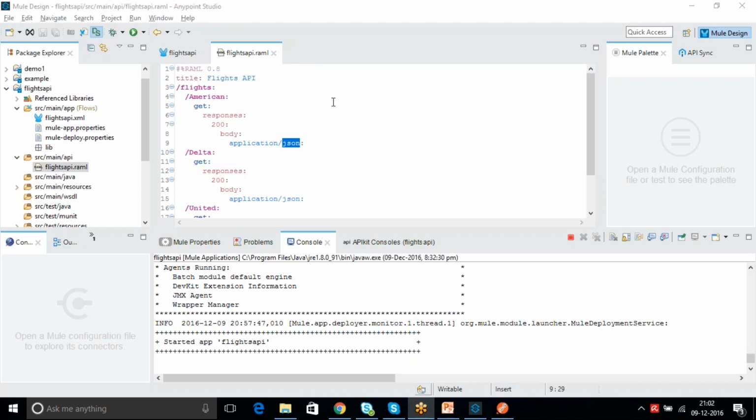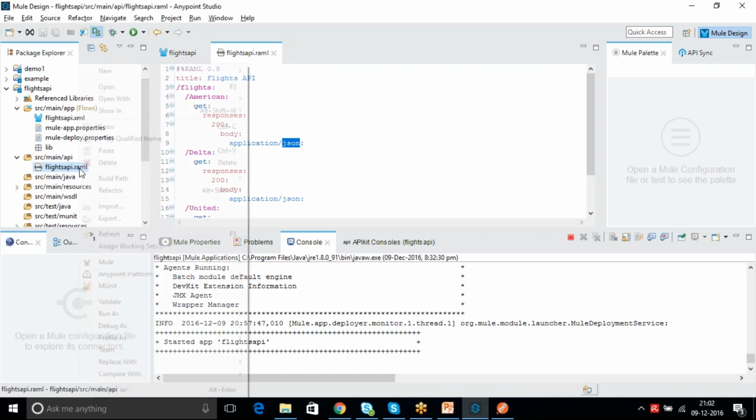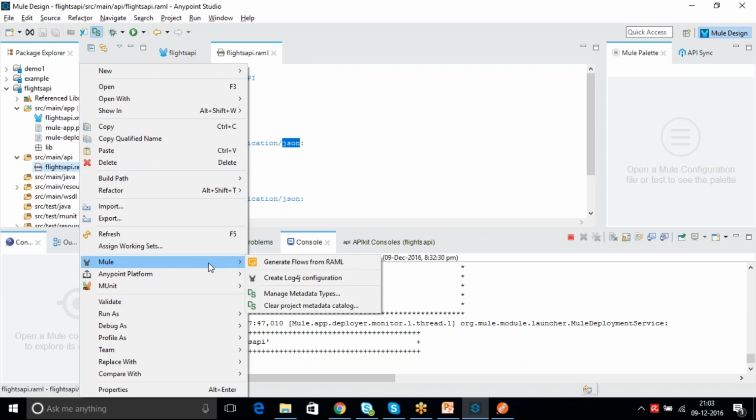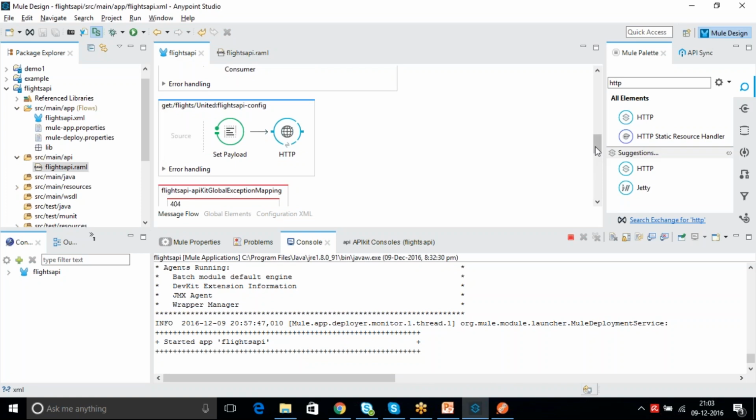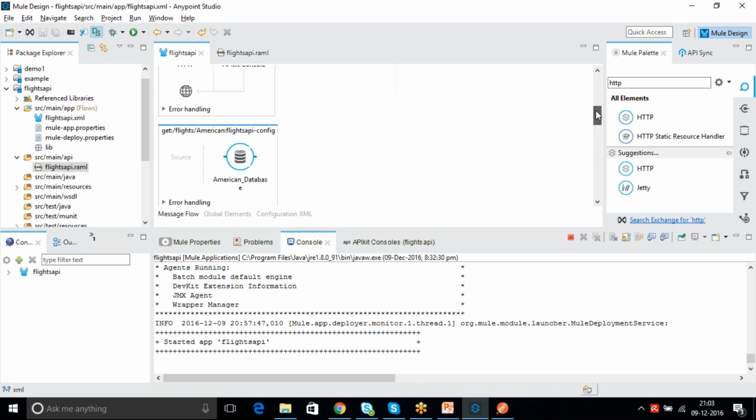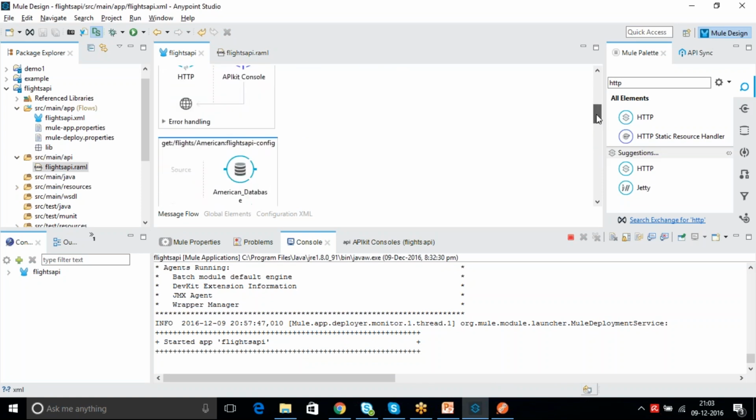Once we have done this RAML API, we right click the RAML API, go to Mule and then Generate flows from RAML. This is the next step we did. Inside the flights API, 3 flows got generated automatically.